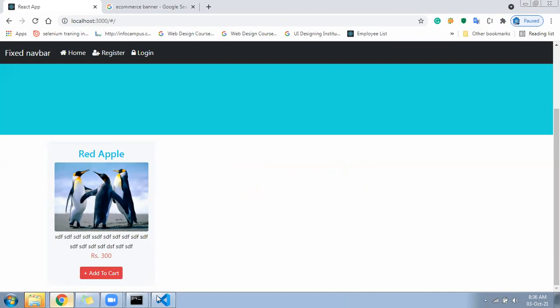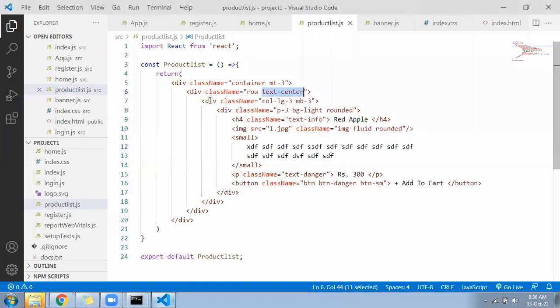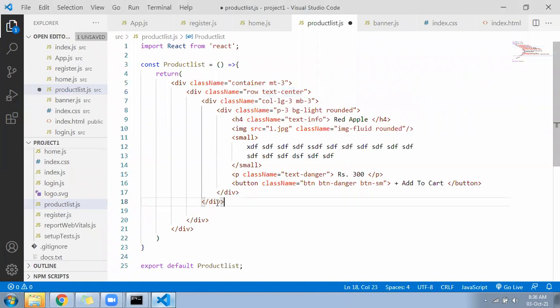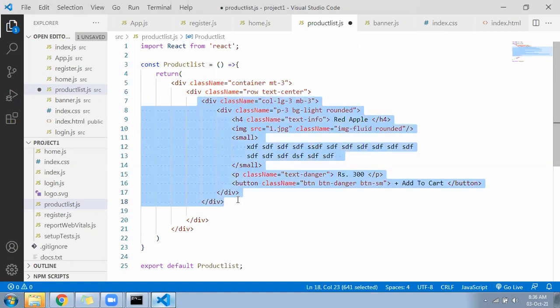Now this col-lg-3 that you have written, you can paste at least 4 times. Later we will remove it. We will keep one, but for now you can keep 4 times. Change the product name and photo and keep 4 times. It will look okay. This is the home page. Product list are coming.